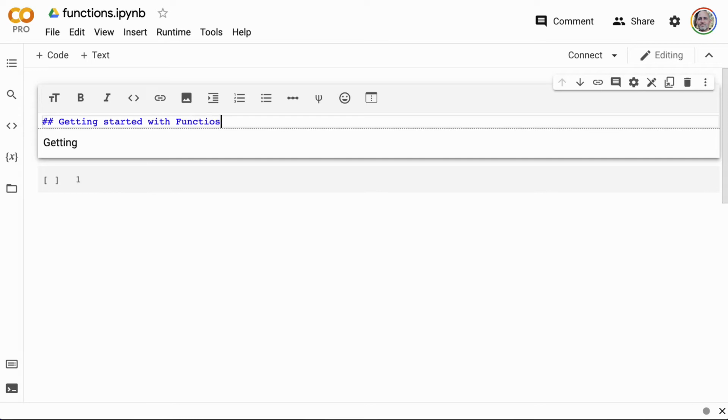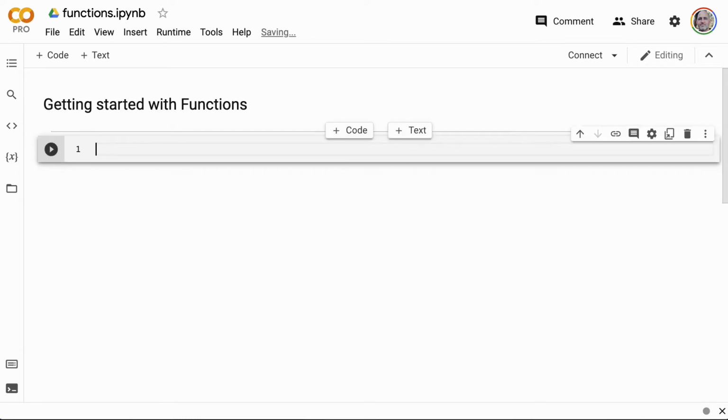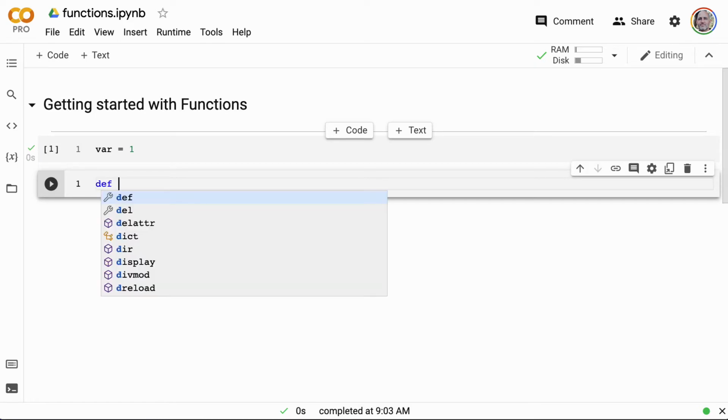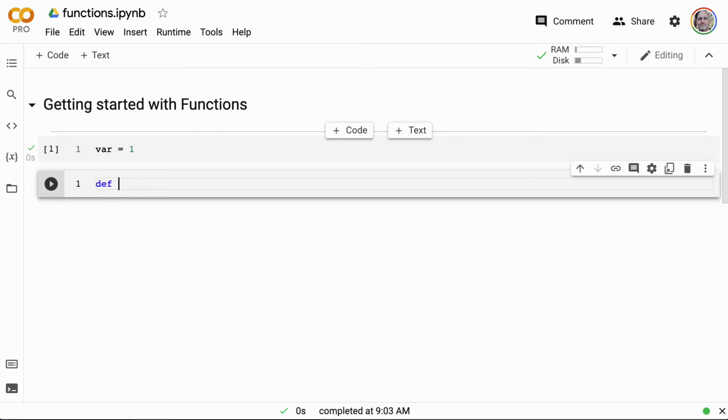So what are the things that are important to know about with a function? I think the key detail to get started with is that a function is something that collects logic. And so if we look at this, we could do var equals 1. That just stores a variable. We could do something kind of similar with a Python function. You could do simple function, like this,